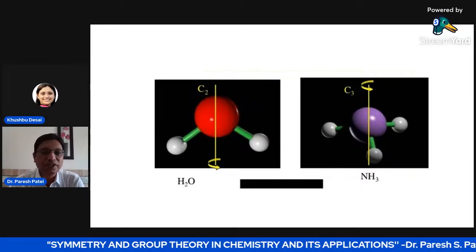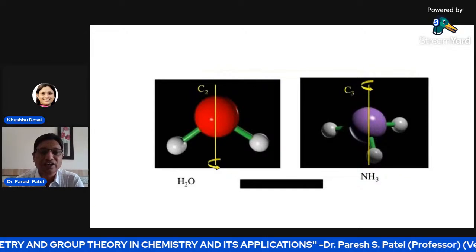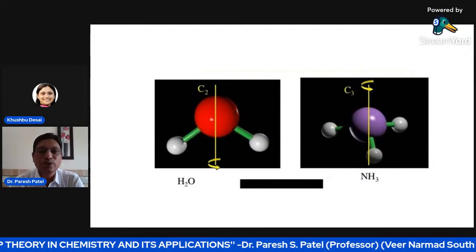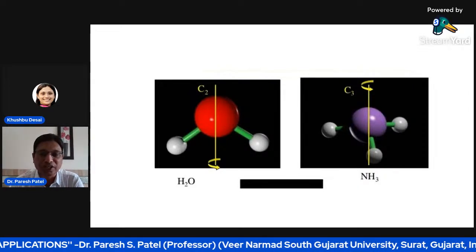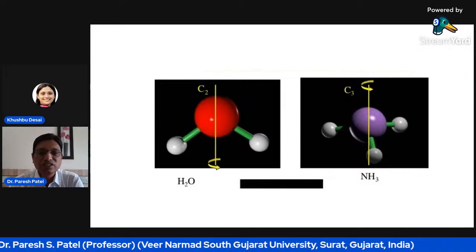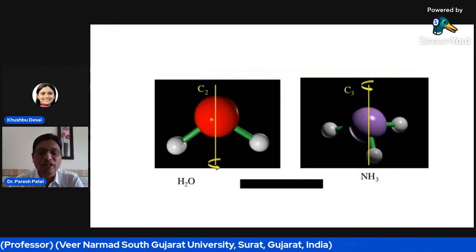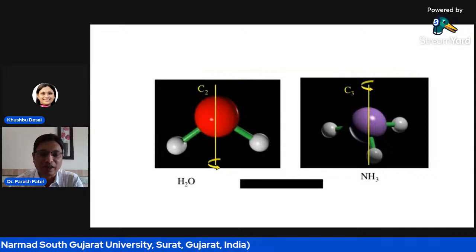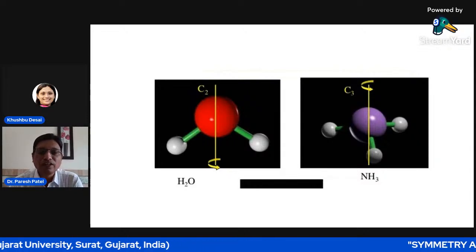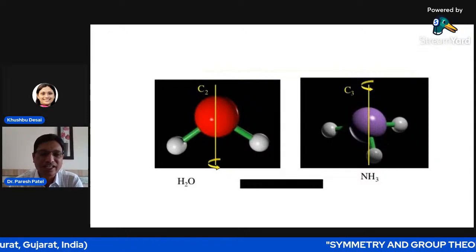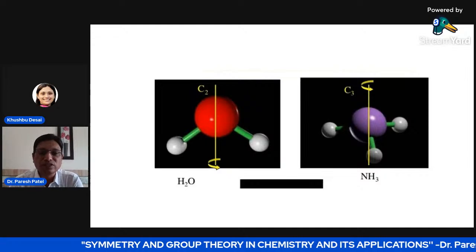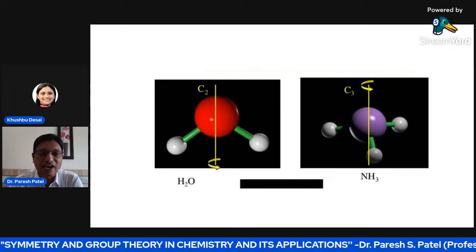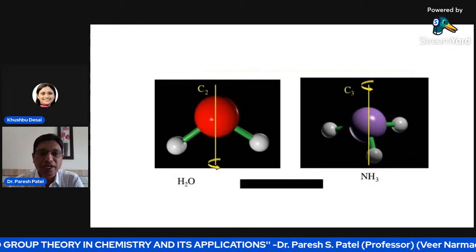N is equal to 360 divided by 3. It means 120. So in case of ammonia molecule, order of axis is equal to 3. So symmetry elements for ammonia molecule are C3 plus or C3 minus. Why? The clockwise rotation as well as anti-clockwise rotation can be possible. Okay, in case of ammonia molecule, if we rotate these molecules along the imaginary axis around 120 to get the